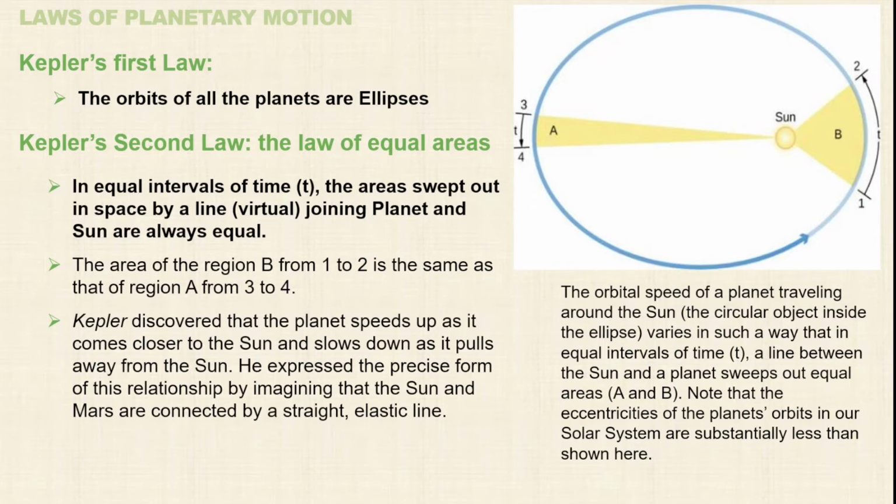And so if we draw a hypothetical line between the Sun and the planet, this line here sweeps out an area shaded in this blue region. So it has a certain area, a line joining 3 to Sun and 4 to Sun, and that area takes time t, let's say